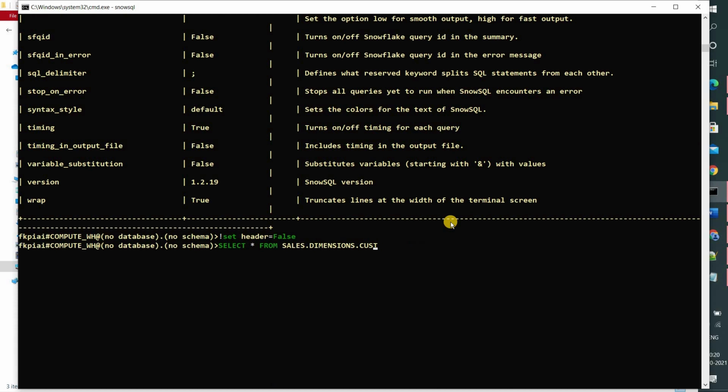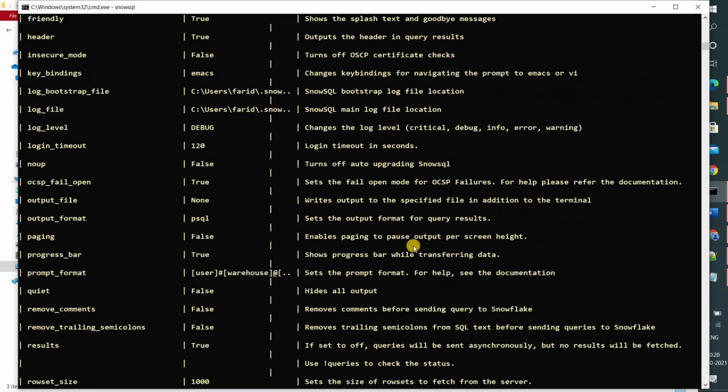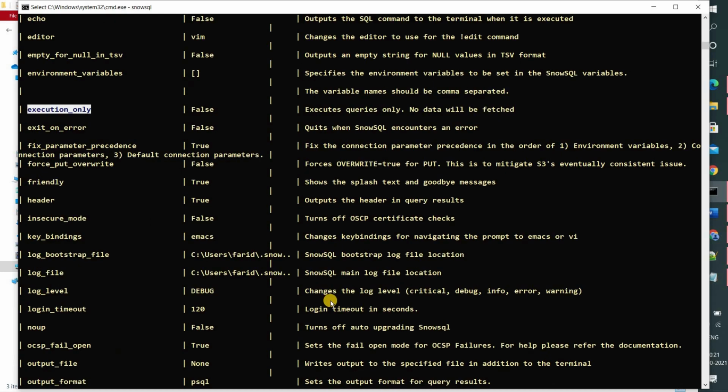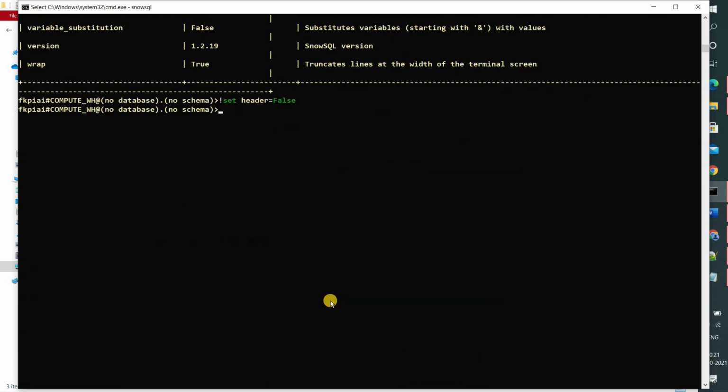Prior to that, before executing this command, we need to unset the execute only option. Previously we kept the value for execute only as true, so we need to turn it to false.